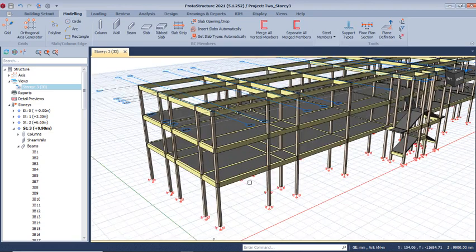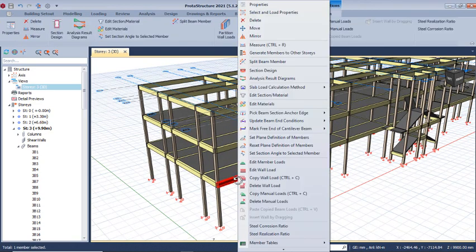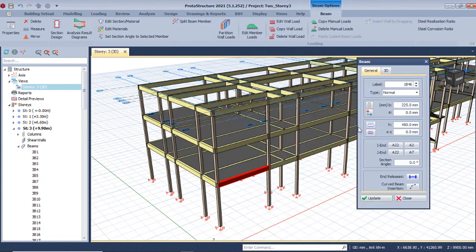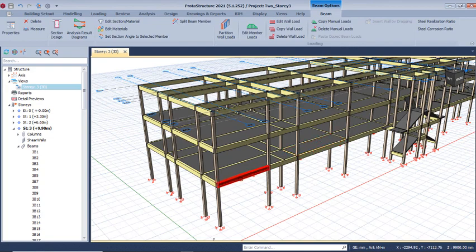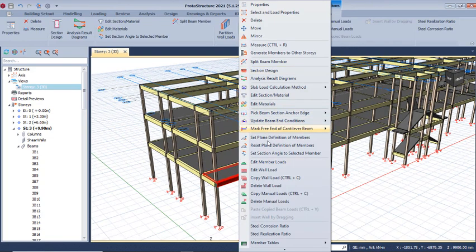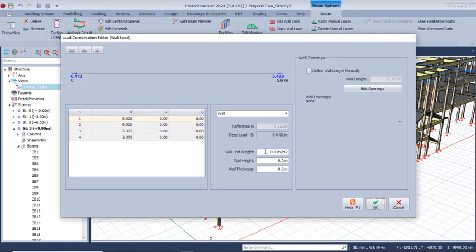So you select this, right click on that, and then you click on the properties. Sorry, you have to close that. We are applying wall load, so we have to navigate to edit wall load right there. So 225 blocks. The unit weight is 3.47. The height we are using is 3.3. So you key in